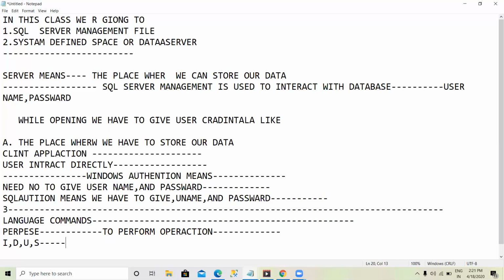I just discussed a topic called language commands. What is the purpose? To perform operations on insert, delete, update and select. Let us discuss language commands in detail.